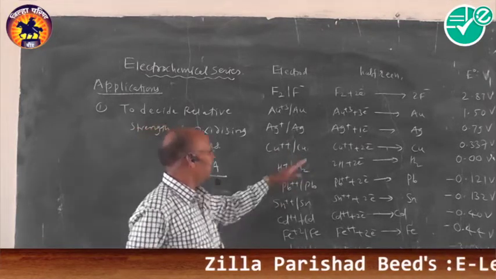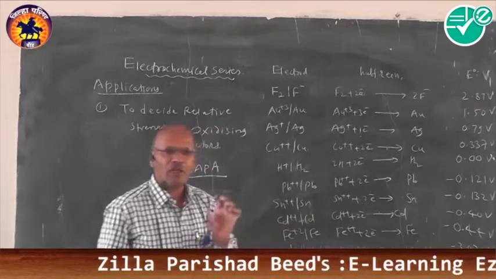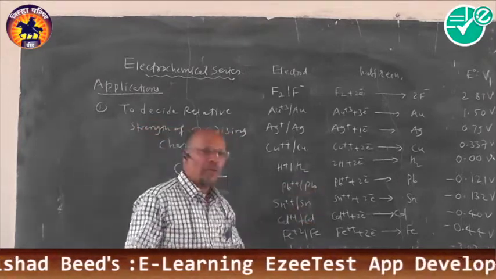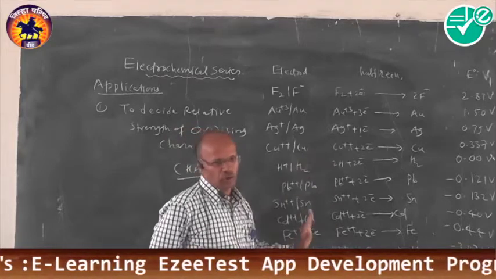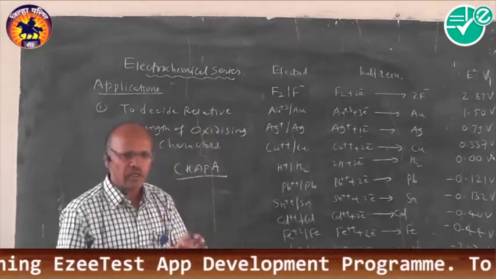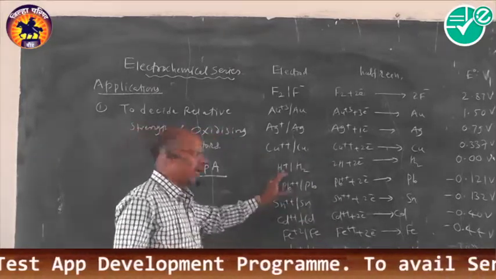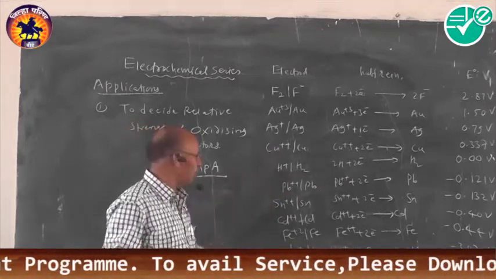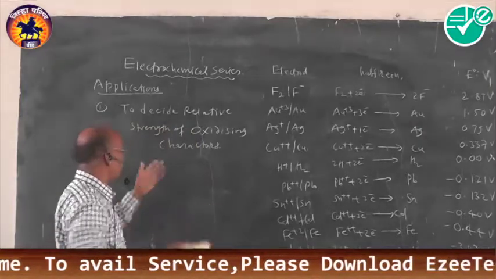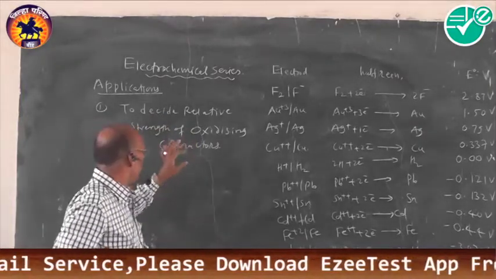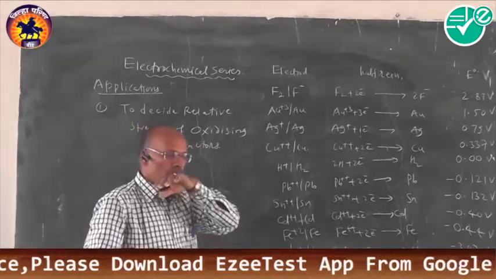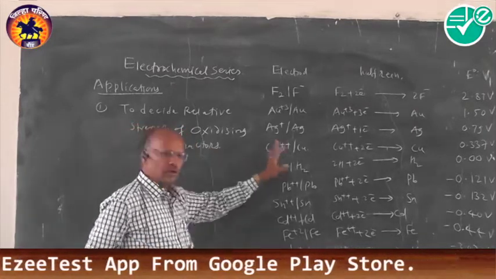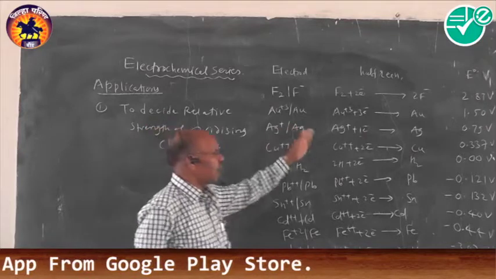After that, if you think about the lower portion, in majority of cases the transition elements are placed along with the alkali metals in the lower portion. It is a somewhat special criterion in deciding the actual position of the elements or electrodes in the EMF series. Okay. Now follow the applications: how to decide the relative strength of oxidizing agents, how to follow the oxidizing character of the elements from the EMF series.